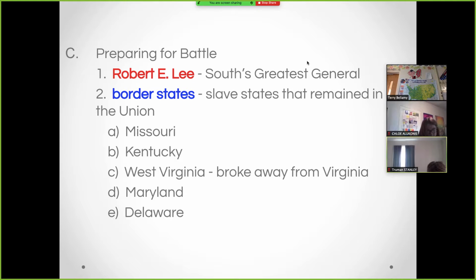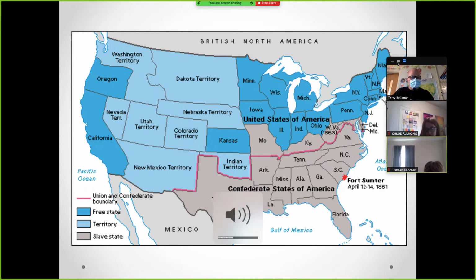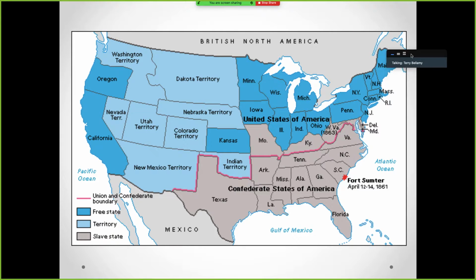So when we look at a map of those border states, this is critically important. And I know I'm going to shrink my Zoom people just because, sorry, Zoom people. If you have a question, you're going to have to, I'll turn my volume on. You're going to have to scream because I'm not going to see you. I'm shrinking you to very small so that my map's more visible.